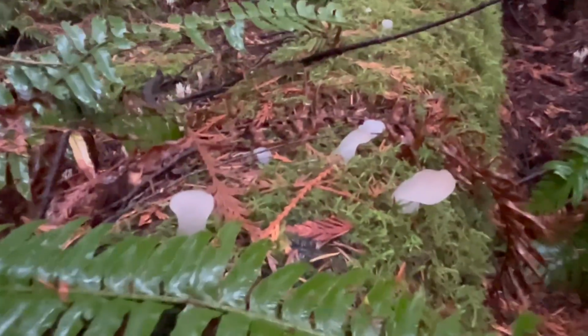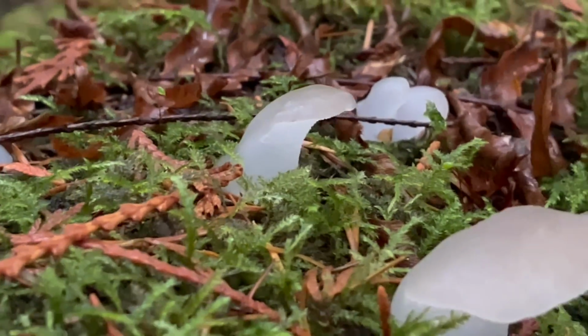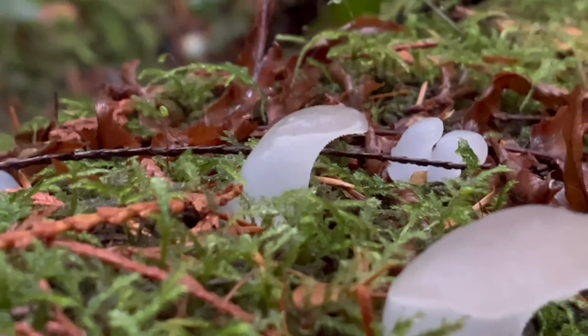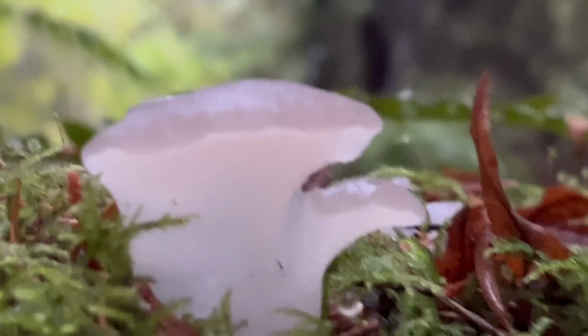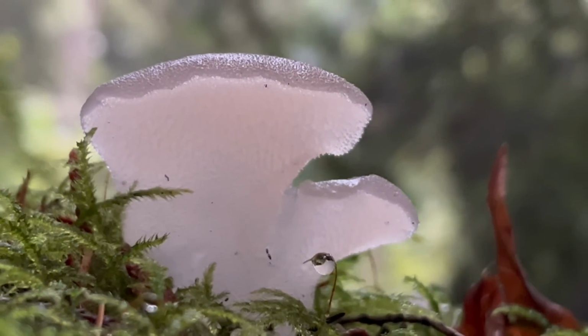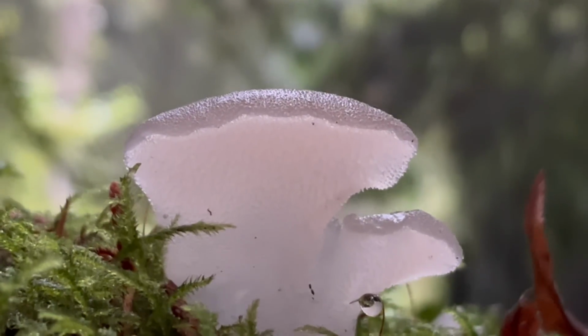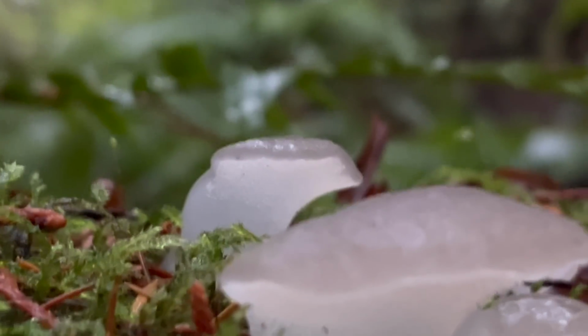Now it's worth noting that there are a couple different species of this here locally in the Pacific Northwest. So this is technically a species complex that's based on European taxonomy. We're probably going to get some new names for these guys at some point. But right now, all flying under kind of the traditional European taxonomic name, these guys are shockingly